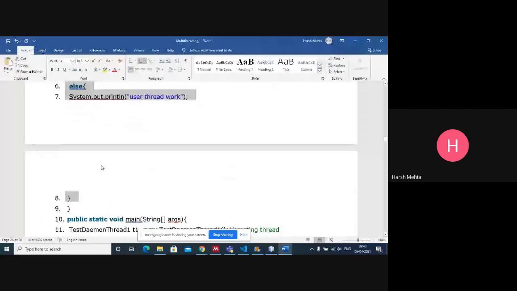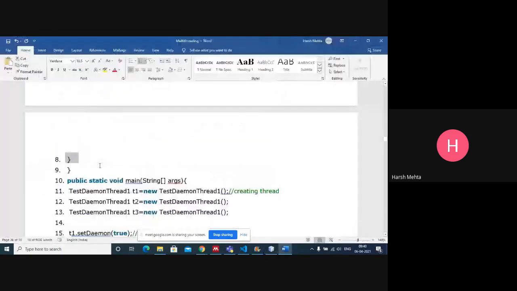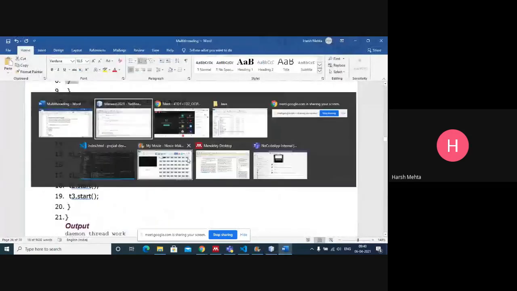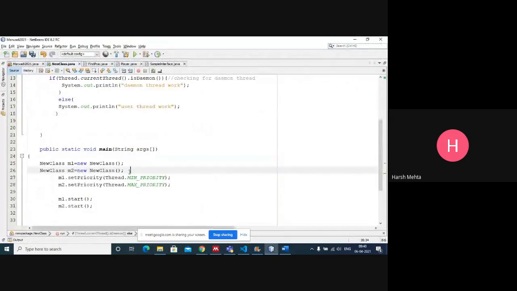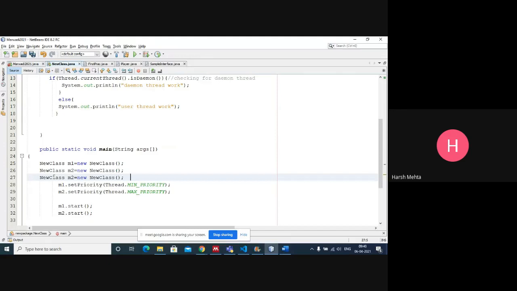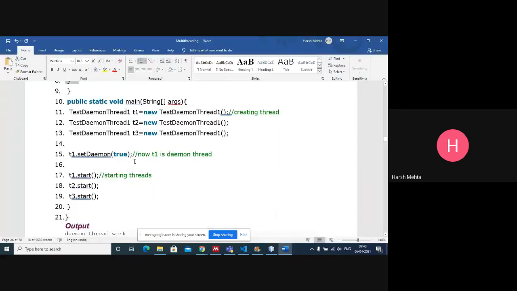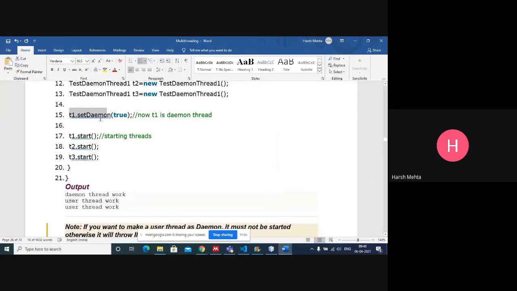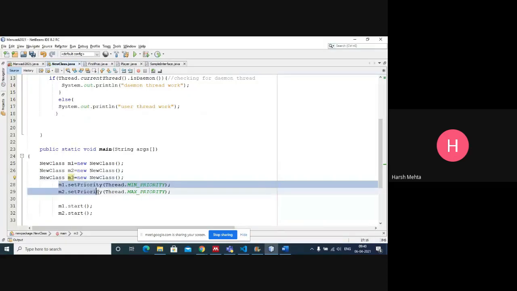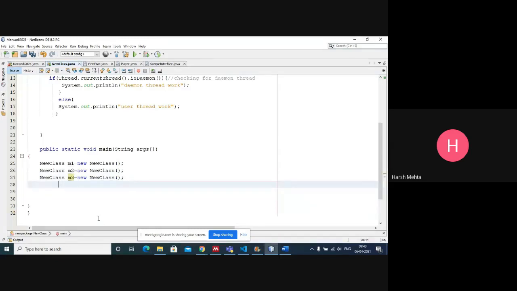Okay, set the run method, and then M1, once again M. So we are setting M1 thread as a daemon thread, M1.